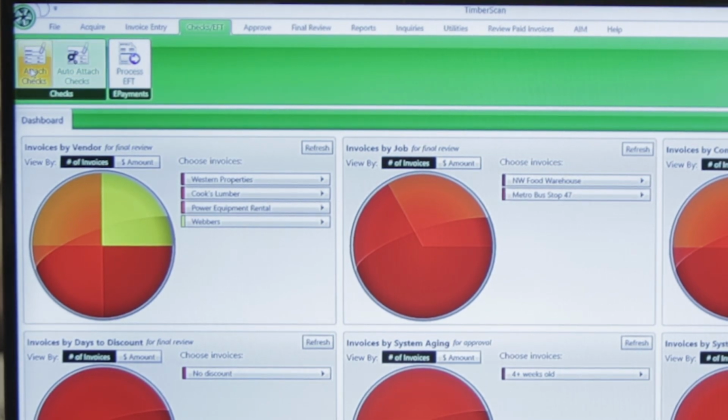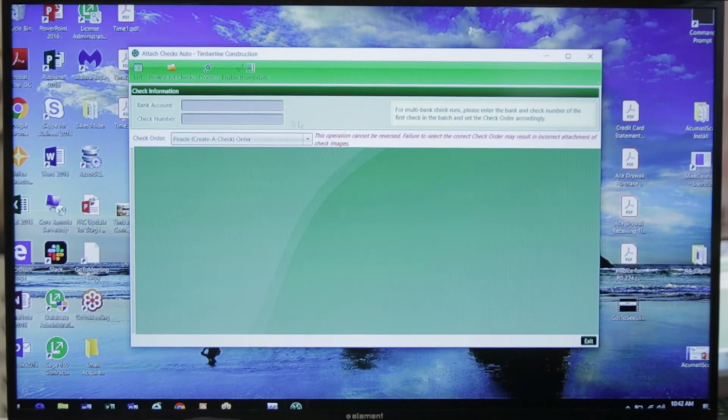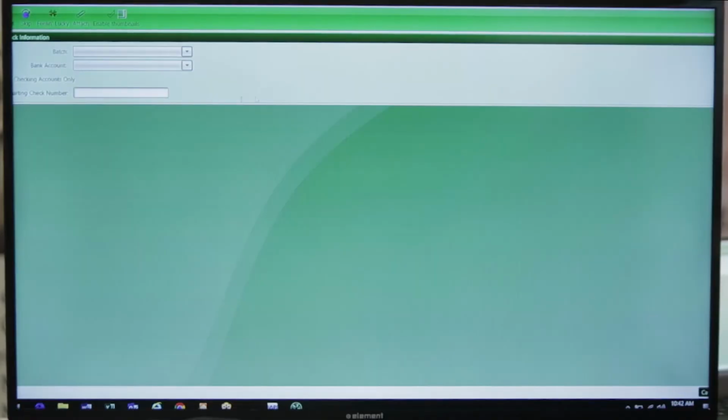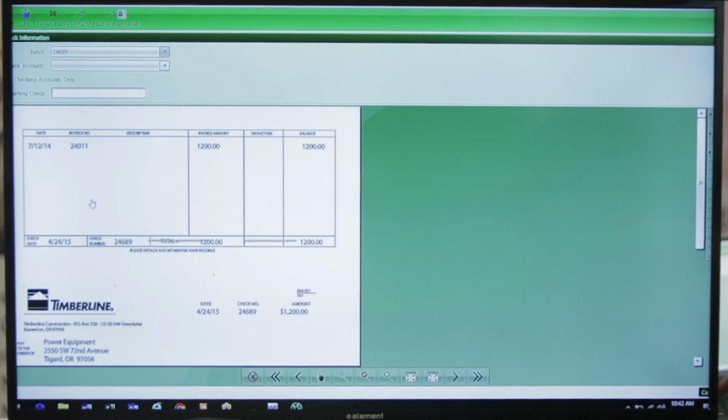If those checks were printed out on check stock, I can manually attach them. If the client is using one of our automated programs, they can auto-attach. So for example, if they were using Piracle's Create a Check, we can attach the documents right from the Piracle file. On a manual attachment, I'm simply scanning the checks in, acquiring them, and then I can take each check image and the system will ripple through the entire batch of checks and attach each check image